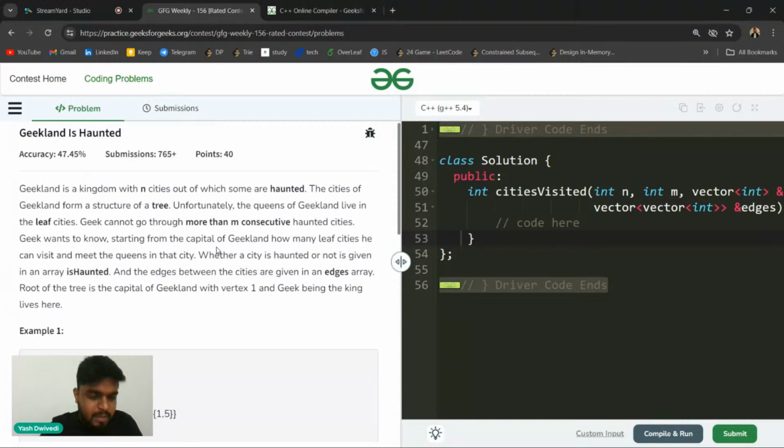Okay. So yeah, if you see here, it says that Geekland is a kingdom with n cities. Queens are in the leaves. That is fine. Then after that, it says that Geek cannot go through m consecutive haunted cities.